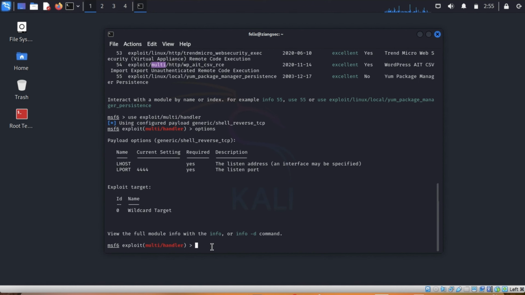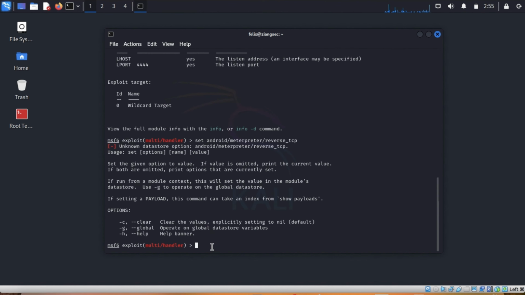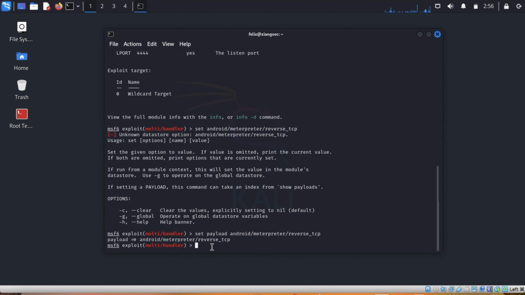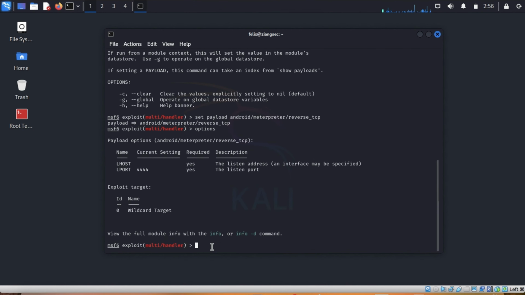We can change that to our specific payload, which is android/meterpreter/reverse_tcp. Set payload. Okay, options again to see what other things we need to set.